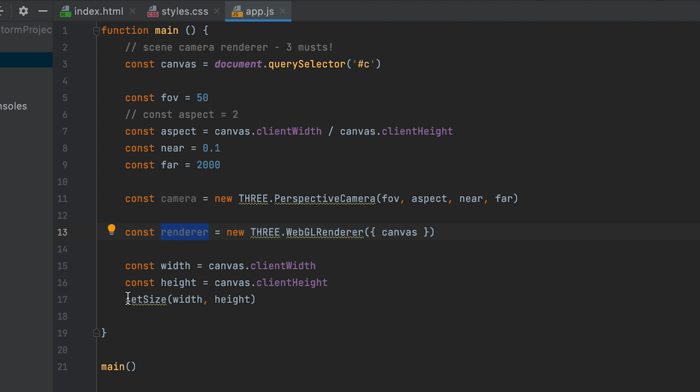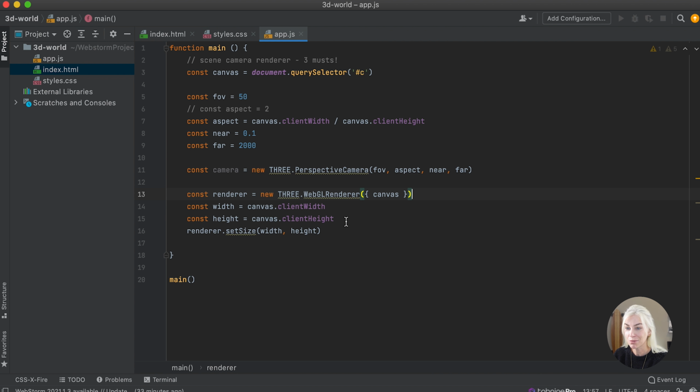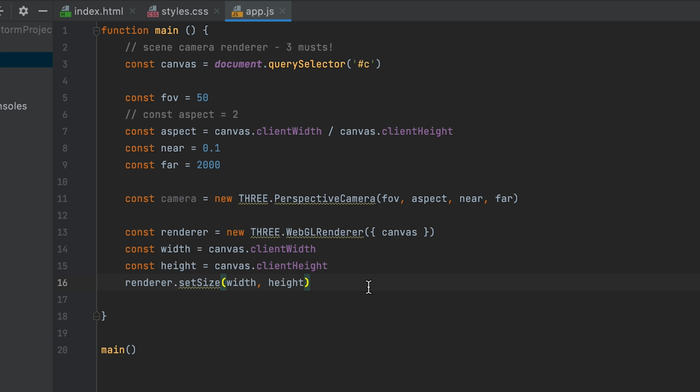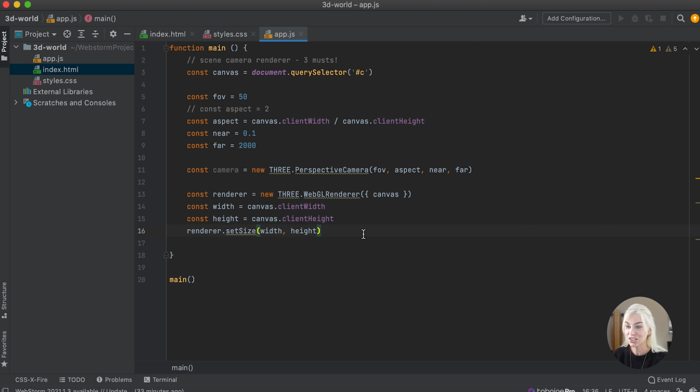We made an instance of this, so now let's use it, because setSize comes out of that. Great. There is one last thing to do, and that is actually render, but we won't be able to do that until we complete the third part of the three must-haves,